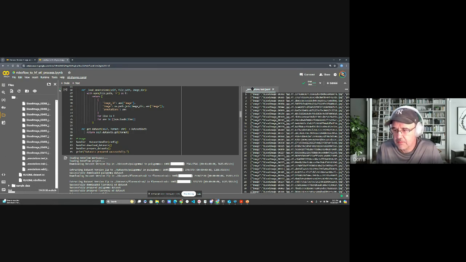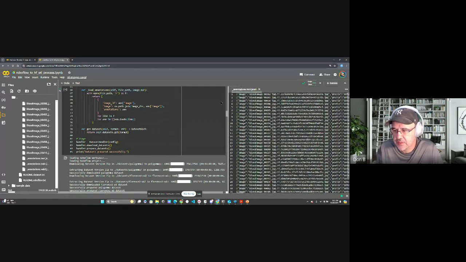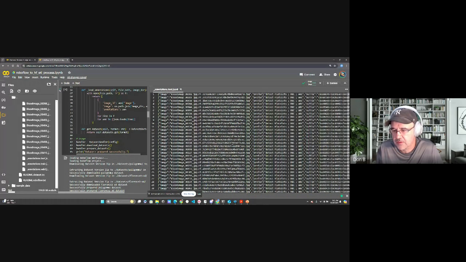I'm going to pull up the annotations for test because they're smaller, but this is what the annotation file looks like. It has the image identifier, and then it has